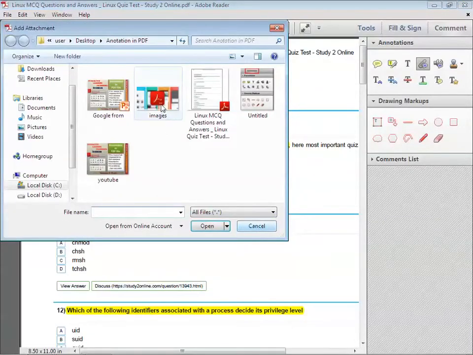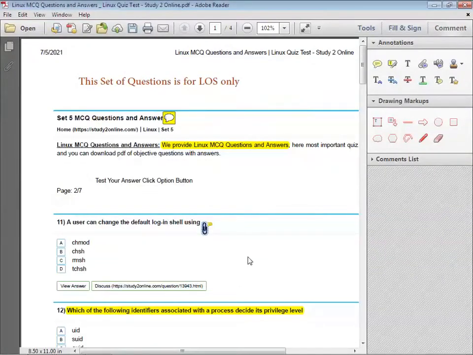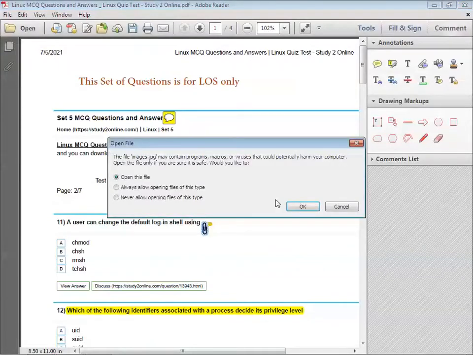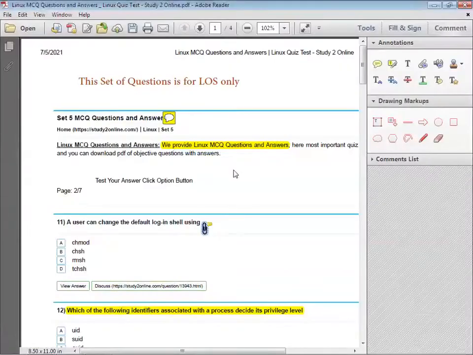We are going to provide an image, and this is the paper clip. Just click on this. It appears like a pin option. Here double click, and this will show the box for opening the file. Click on open, and when the user clicks on this pin option, they will get the particular image or whatever attachment is given with this.